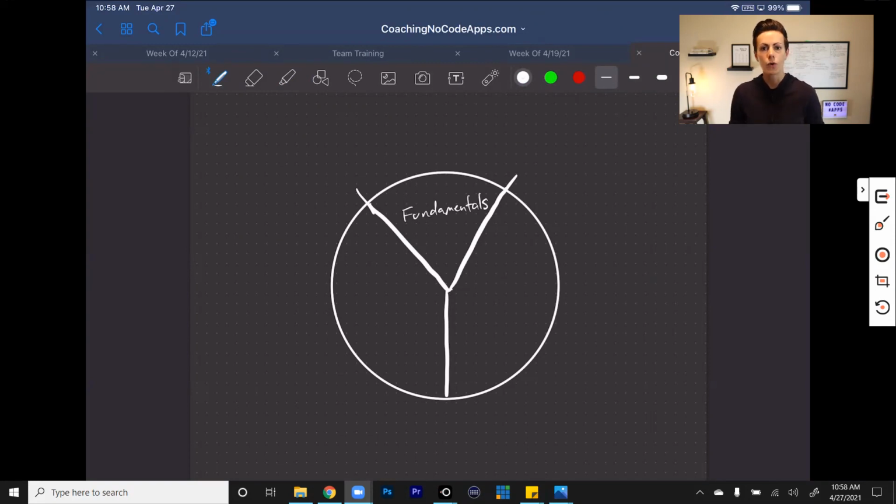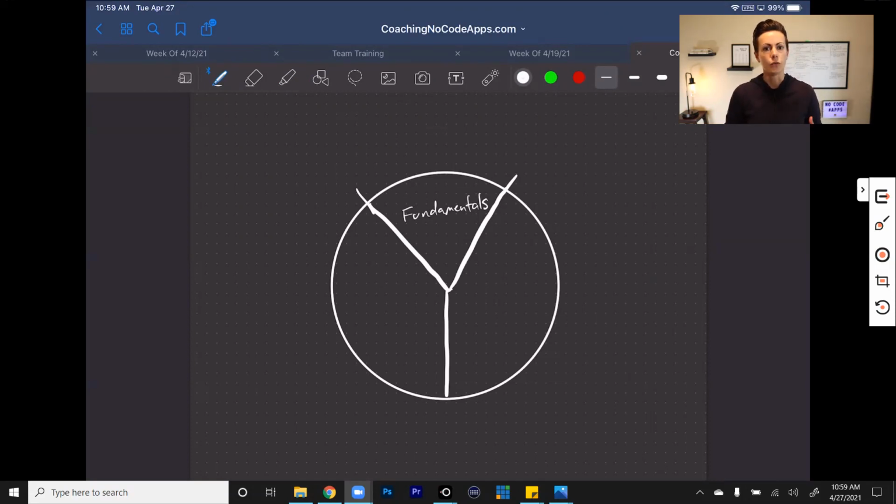So if you are using Bubble, for example, as your no-code app development platform, you need to understand the fundamentals, and you have to keep practicing those. It's like any skill that you're looking to build, right? If you want to build your fitness, you're not going to go and do one workout and think that one workout is going to serve you for the next 6 months to a year. No, you need to go and do a workout every single day.